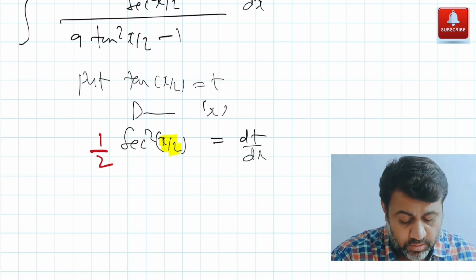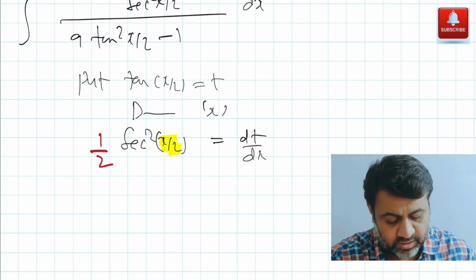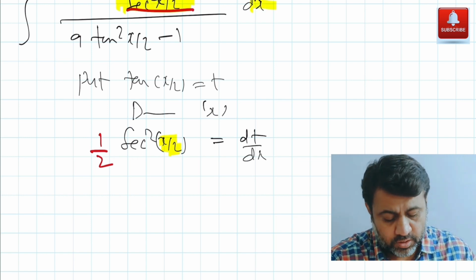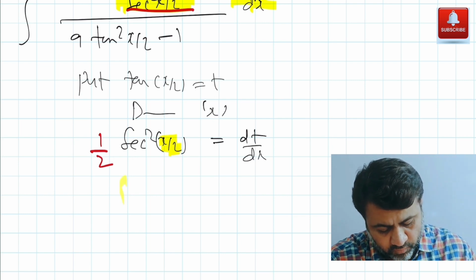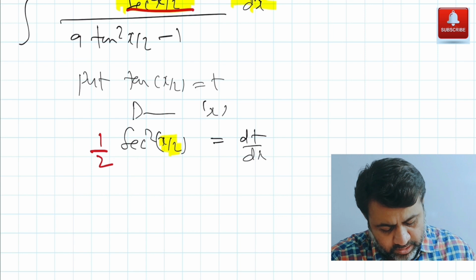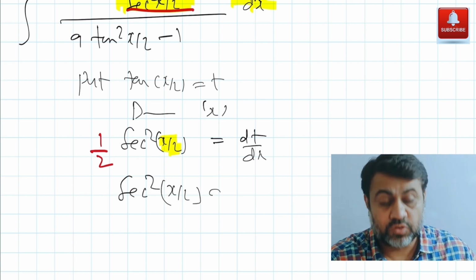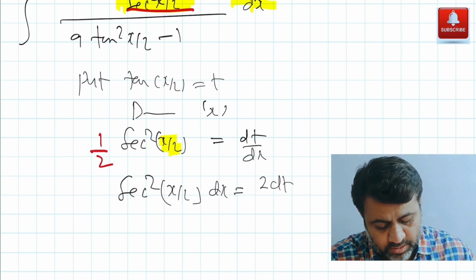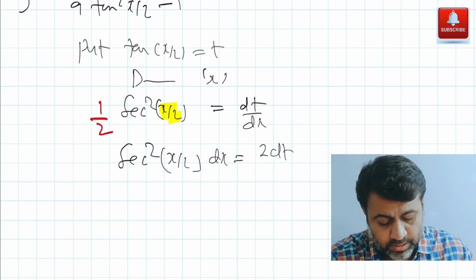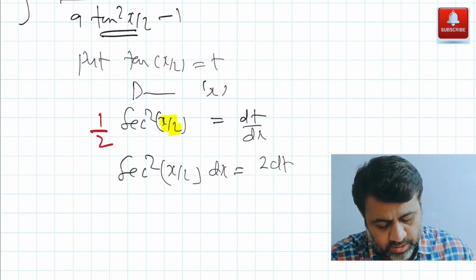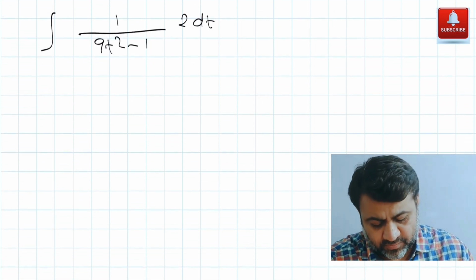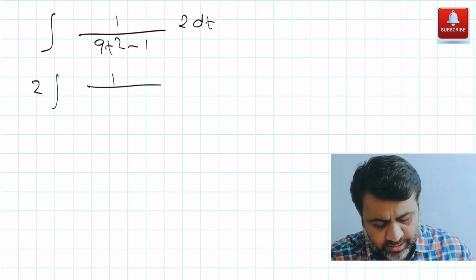I just write it in the way we need. Basically what we need is sec square x by 2 and dx together. So let me take these two things together. What we get here is sec square x by 2 and dx together, which is going to be equal to 2 times dt. So this sec square x by 2 dx I'll be writing as 2 times dt, and tan square x by 2 will be t square here. So we get 9t square in the denominator. So what we get here is 2 dt, and here we get 9t square minus 1. Now 2 being constant, we just keep it outside the integration sign, so I have to integrate 1 over 9t square minus 1 dt.